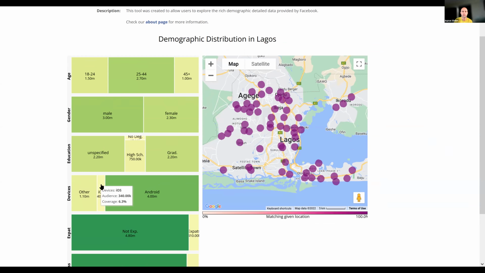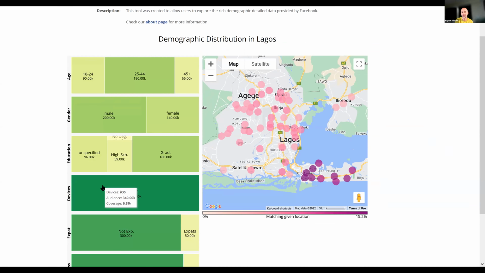If you want to understand the wealth distribution, as a first order, you can look at the density of iOS devices, and you'd see that here in this part of Lagos, Lagos Island, about 15% of Facebook users use iOS devices, and this is also where the government is located, right? So that makes sense. In the rest of Lagos, it drops from 15% to maybe 7%. Then in the outskirts, it drops further to 4 or 5%, right? And so you would probably assume, and most likely correctly so, that there's more wealth here, then slightly less here, and then even less there.